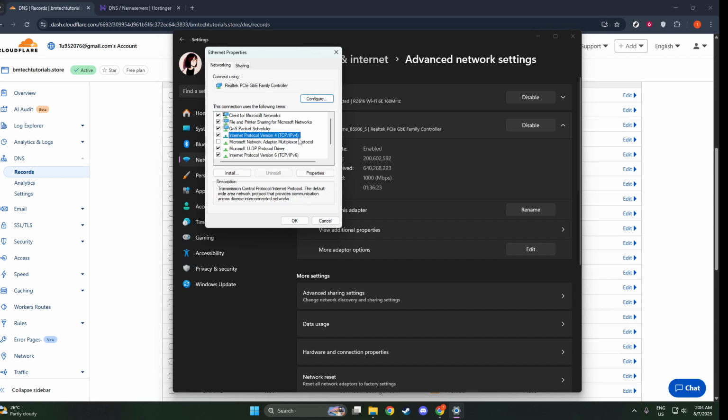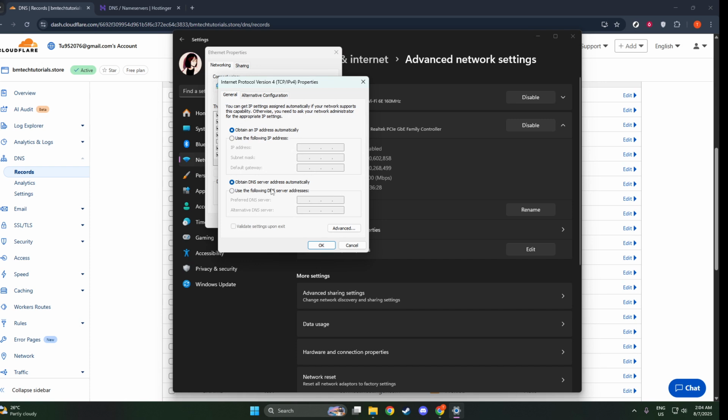At the bottom of the panel, you'll see an option that says Use the following DNS server addresses. This is exactly what we need. Click on this option to enable it for configuring custom DNS settings. Now, we're going to input the DNS addresses provided by Cloudflare. In the first field that appears, type in